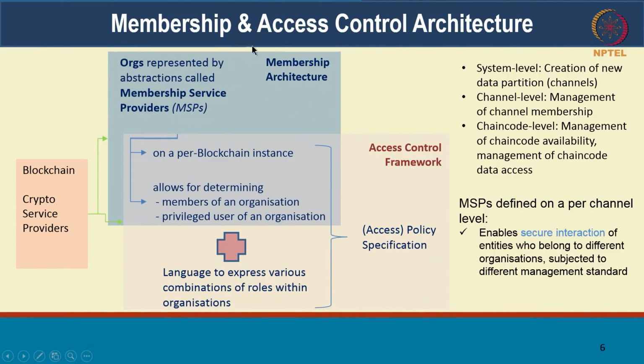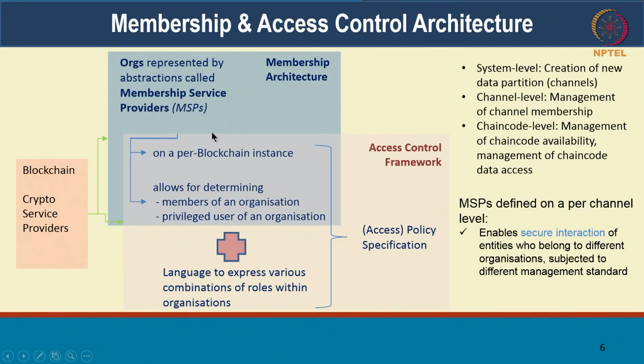As for the membership architecture itself, the membership service provider is really an abstraction of membership or identity management on the blockchain. Regardless of what kind of membership you have, you can bring your own certificate authority, or you can use the Fabric certificate authority that Fabric ships with. Regardless of what implementation you're using for your certificates, the MSP provides a uniform abstraction, separating the implementation of the identity management, of how that is done, from the blockchain platform itself. So the MSP provides that unifying interface.